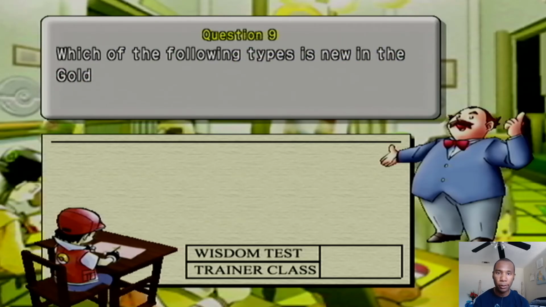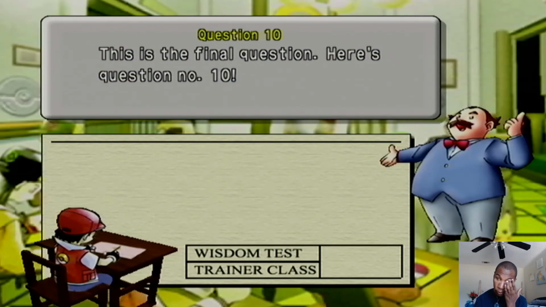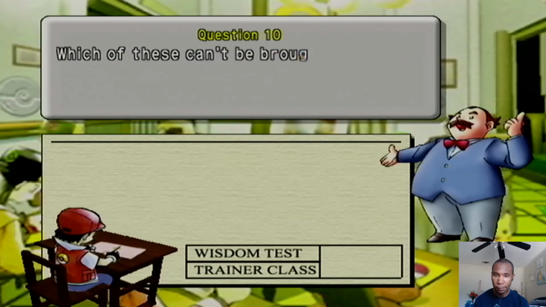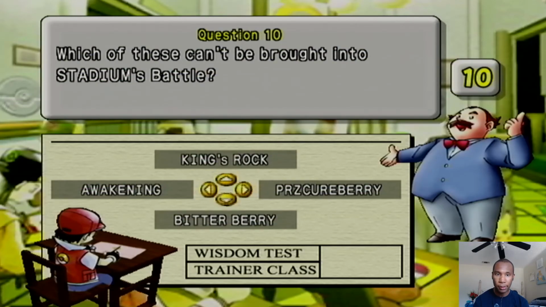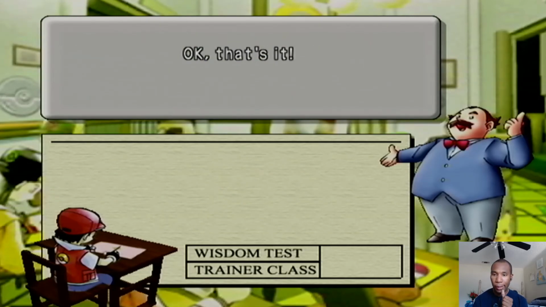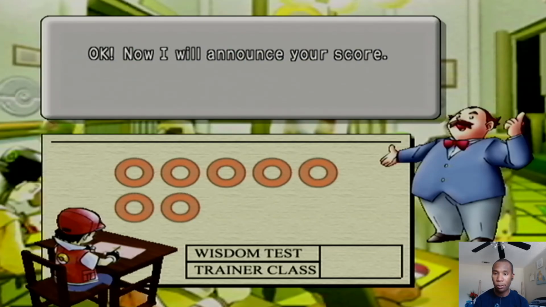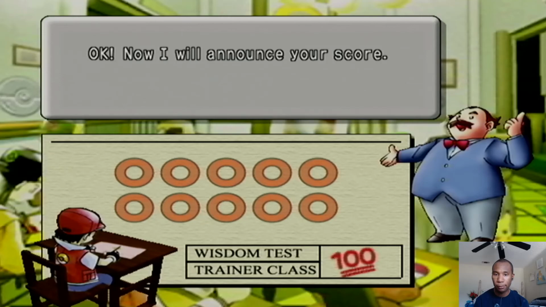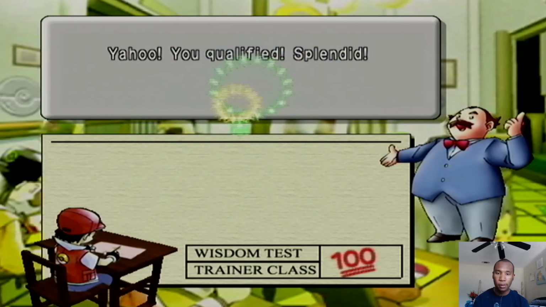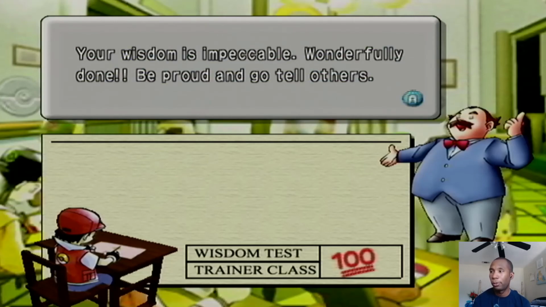Which of the following types is new in Gold and Silver version? Steel. Last one, guys. Let's go for that 100. Which of these can't be brought into Stadium's battle in Awakening? That's not really a held item. It's something you can use in battle or outside of battle, but you can't hold it. Yes, we got that 100. We're keeping it 100